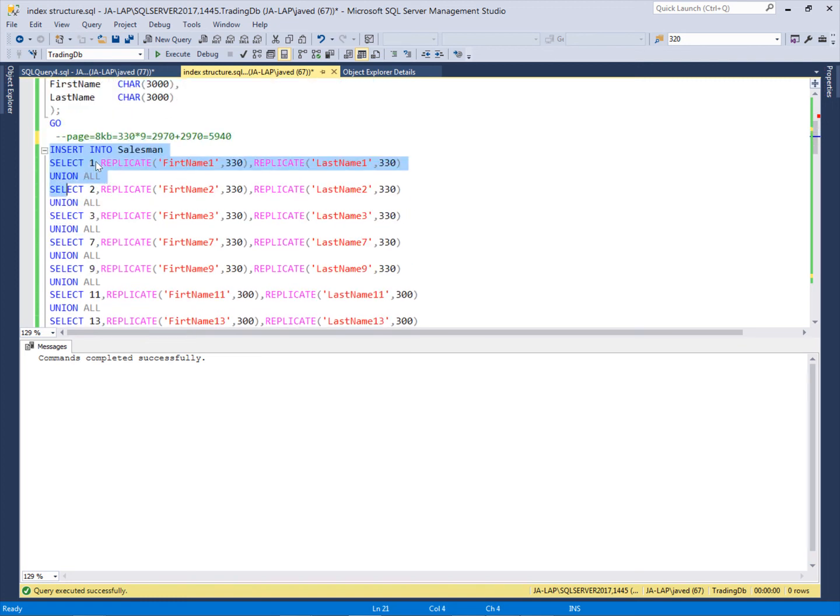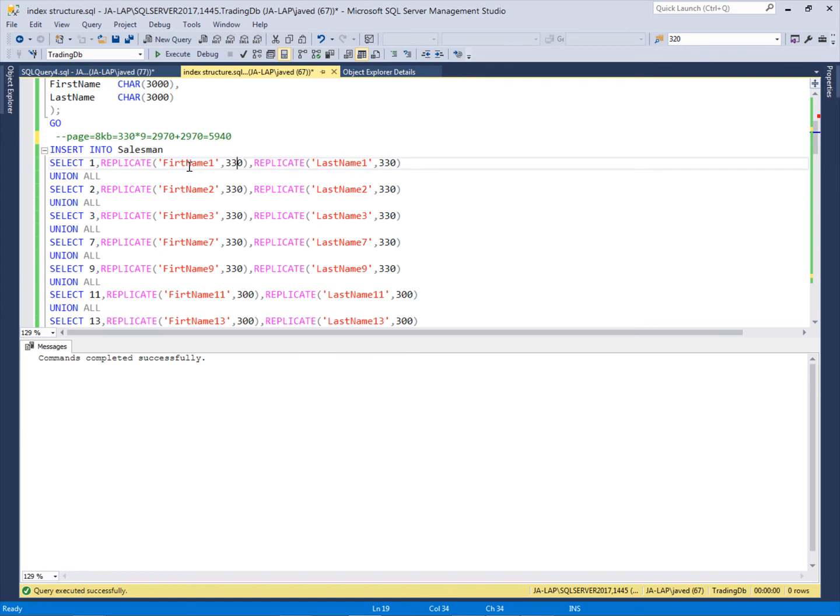So I will insert like this. There are some records in this table. This is the salesman ID, and the first name I will keep as first name one, and the last name I will keep as last name one for the first row, and I will replicate this first name 330 times, and the last name also 330 times.